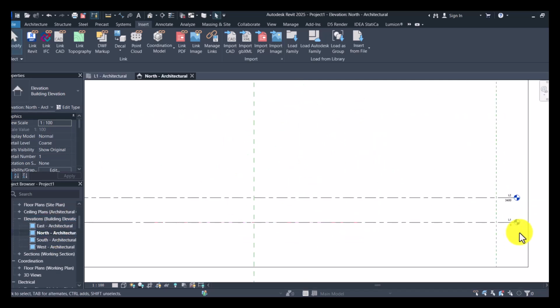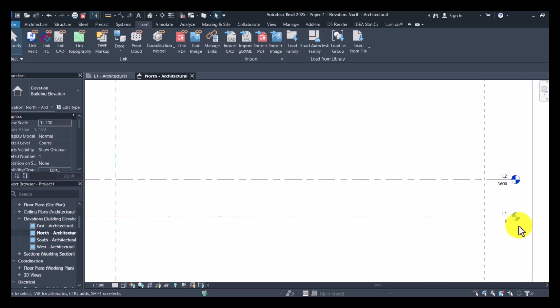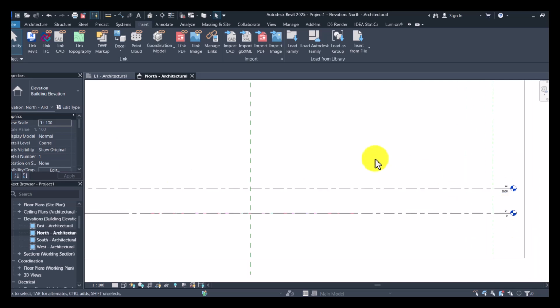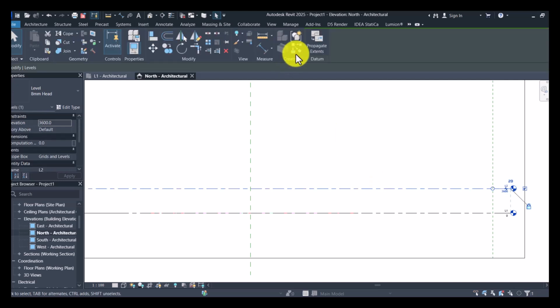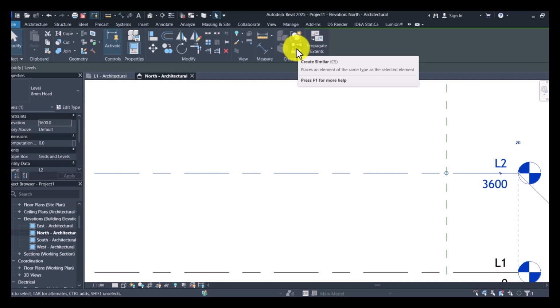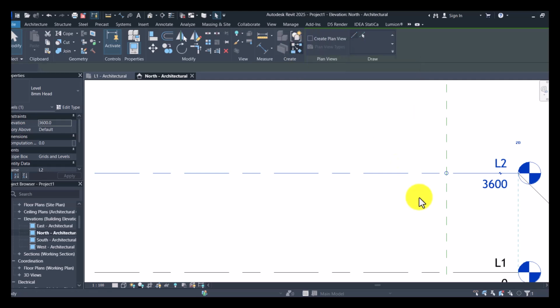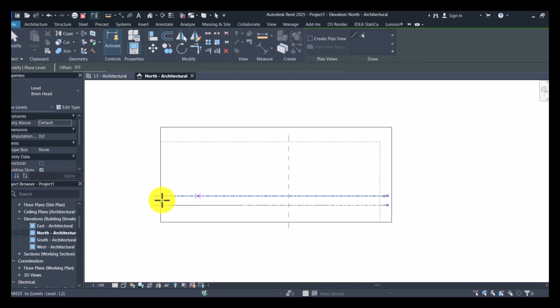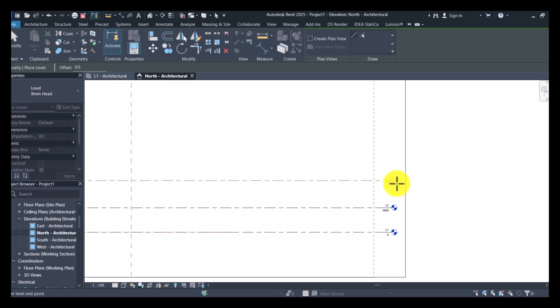To create a new level, click on an existing level, click on this button, or without any command, press LL to create a new level. So I'll create this. I'll create one more